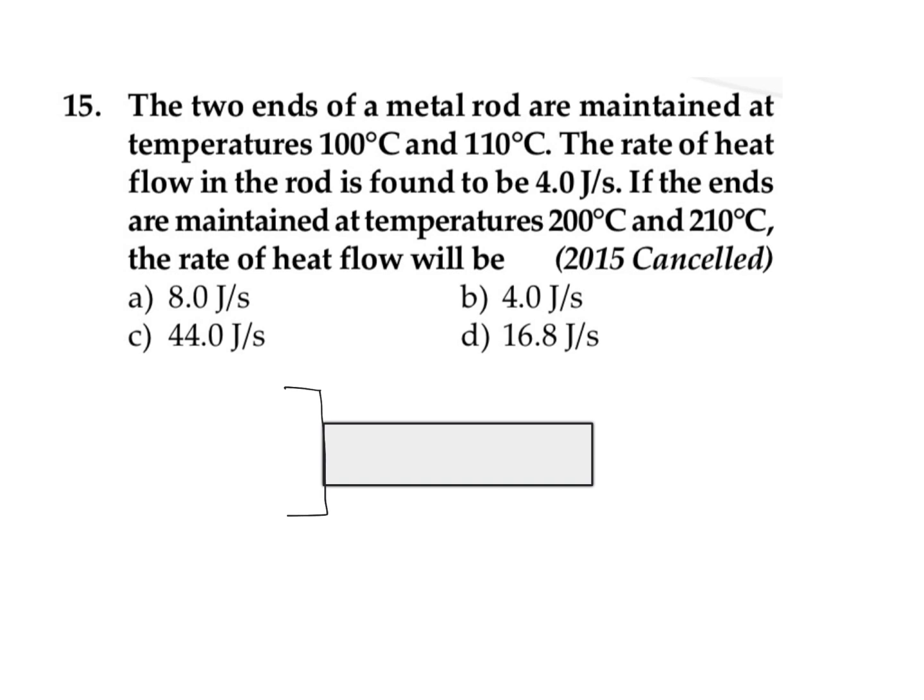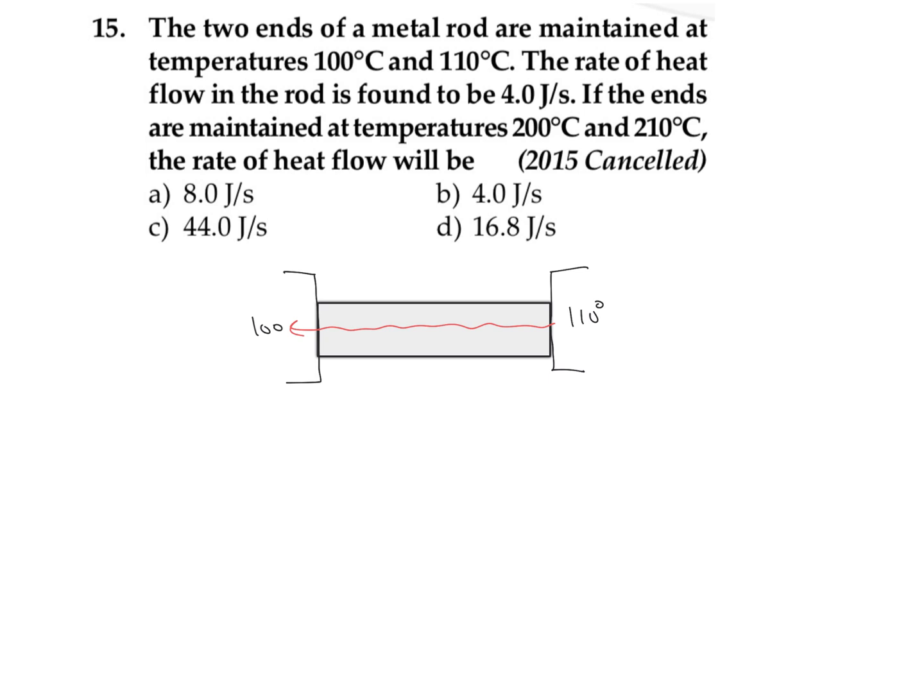One end initially we are maintaining at a temperature of 100 and the other end is at 110. Then there will be some flow of heat energy. Let's say the flow of heat energy through this is dQ by dt. And in the second situation, for the same rod, we are maintaining some other temperature. On one end we are maintaining 200, and the other end we are maintaining